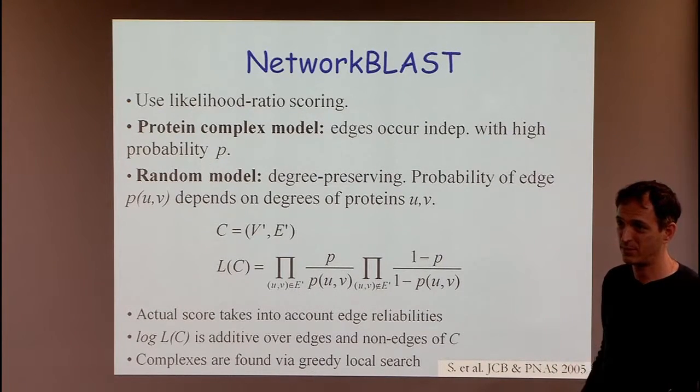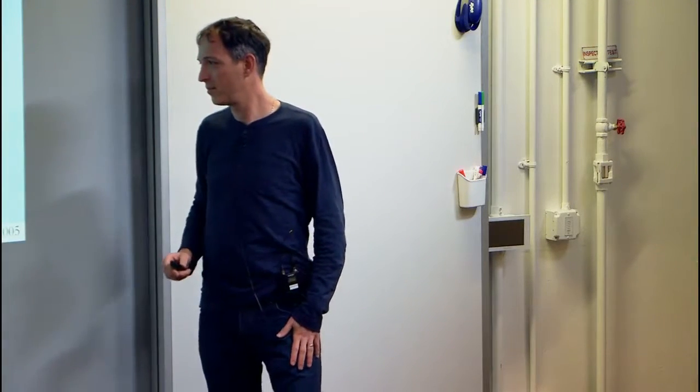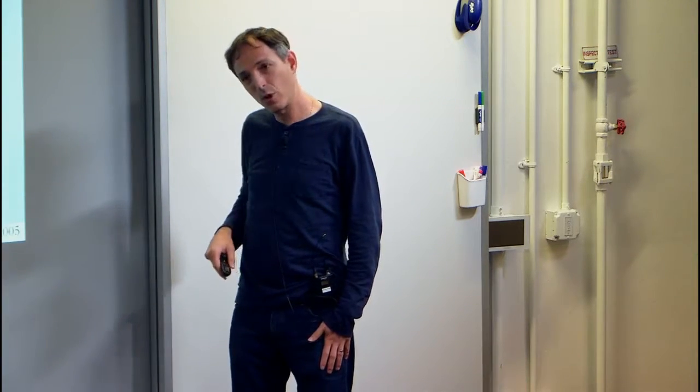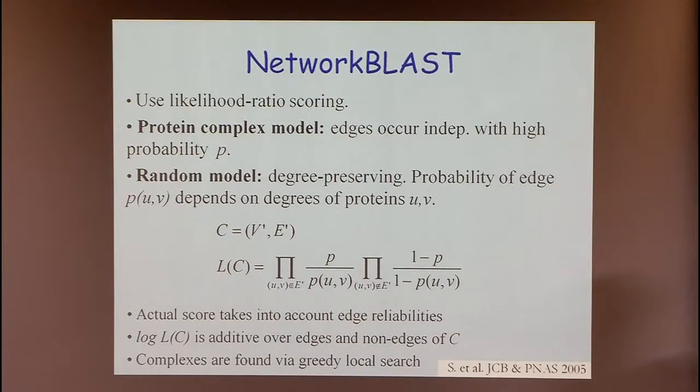It's very small for a given C, but C is a subgraph of your graph, right? Do I understand it well? That C is a subgraph of the whole graph. And in that whole graph, you have exponentially many such subgraphs for which you would evaluate this L. So in one network, you already have exponentially many possibilities where this likelihood could possibly be bigger than on a random place.